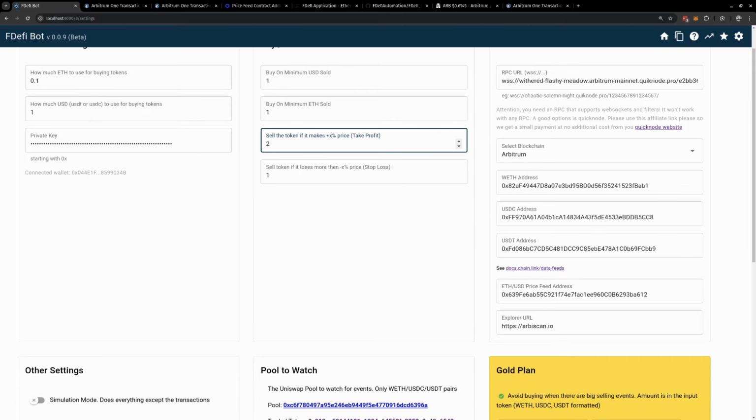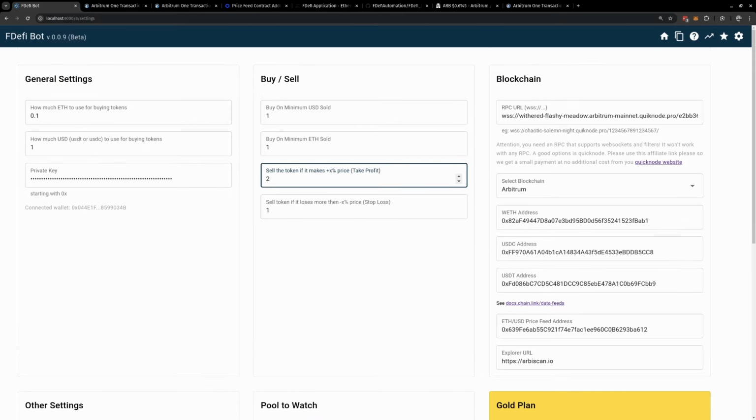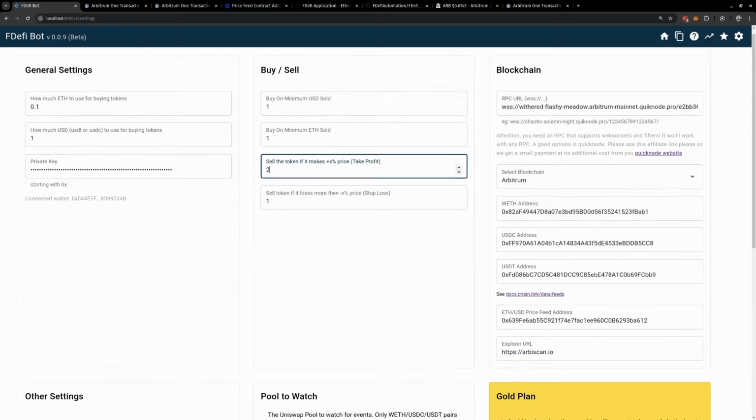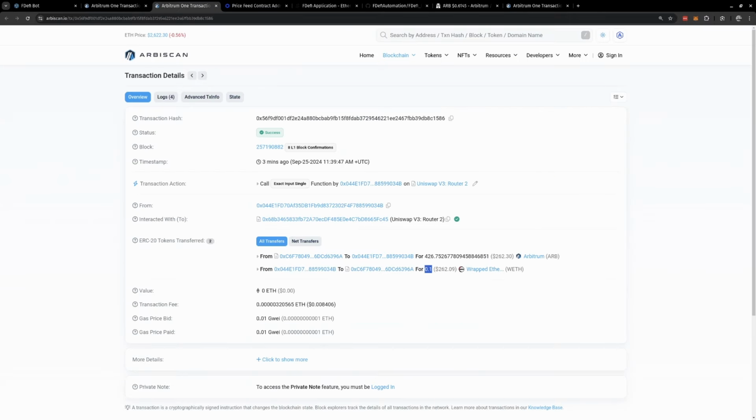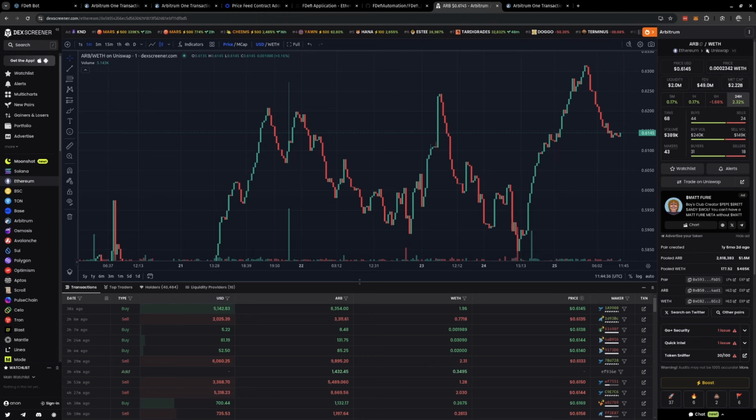You won't buy exactly when the trading opens because the bot doesn't look at such functionality, but you will buy in the same block or the next block when someone else is buying. So it's a pretty good way to snipe tokens too,